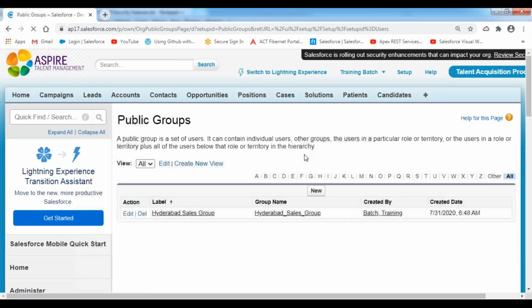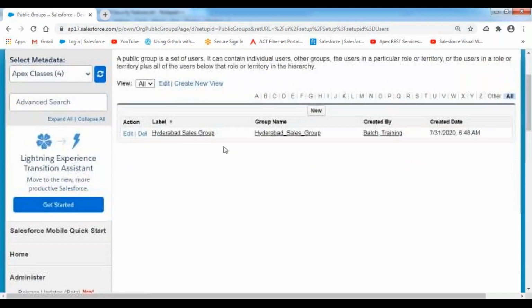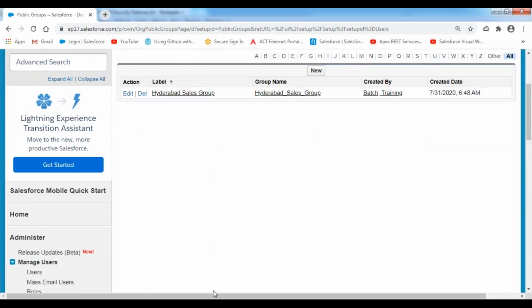So now my public group has been created successfully. That is called Hyderabad Sales Group. Okay, this is the way we create public groups. Now,